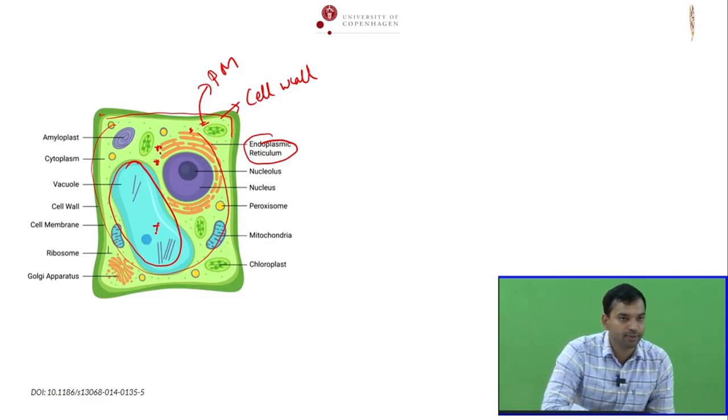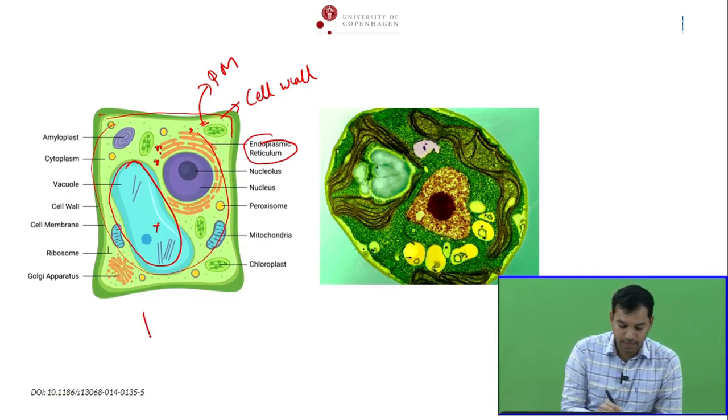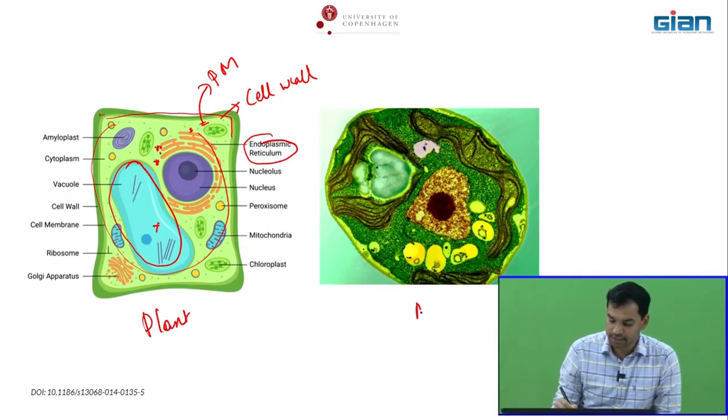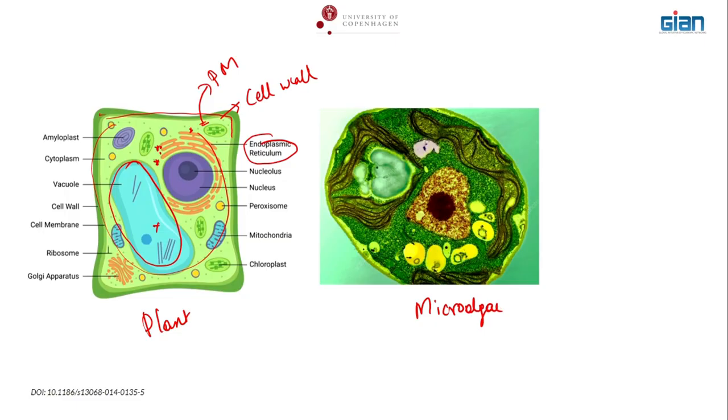Okay, and now let's see, this is a structure of a plant, and this is our microalgae. Microalgae are very similar to plants but not the same. Most of the microalgae, except cyanobacteria, are eukaryotic species. They have a true nucleus, and they also have a cell wall here. Can you see? Okay. Then they have this chloroplast, and then there are oil bodies, and these proteins are located here. So, the take-home message from this slide is,